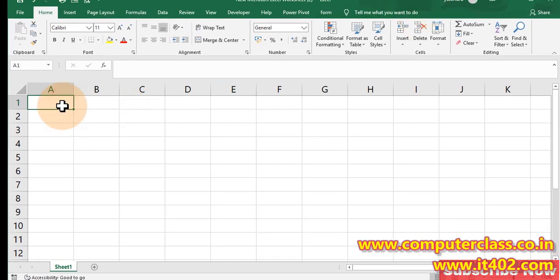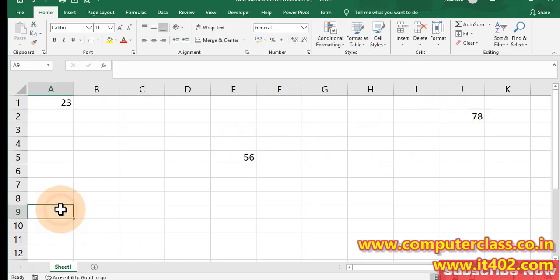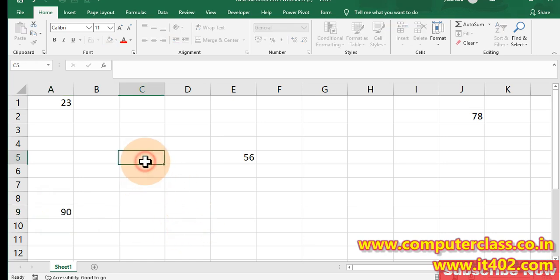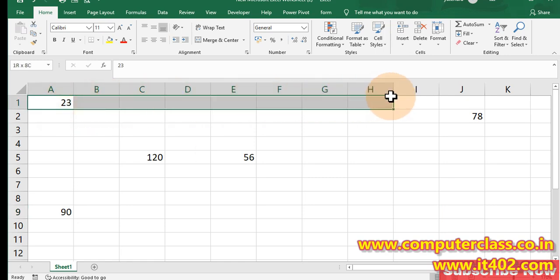I have written here 23, here 56, here 78, here 90, and like that 120. In this case, suppose I want to find the sum of all these numbers. These numbers are not in a sequence, meaning they are not in a particular cell range.